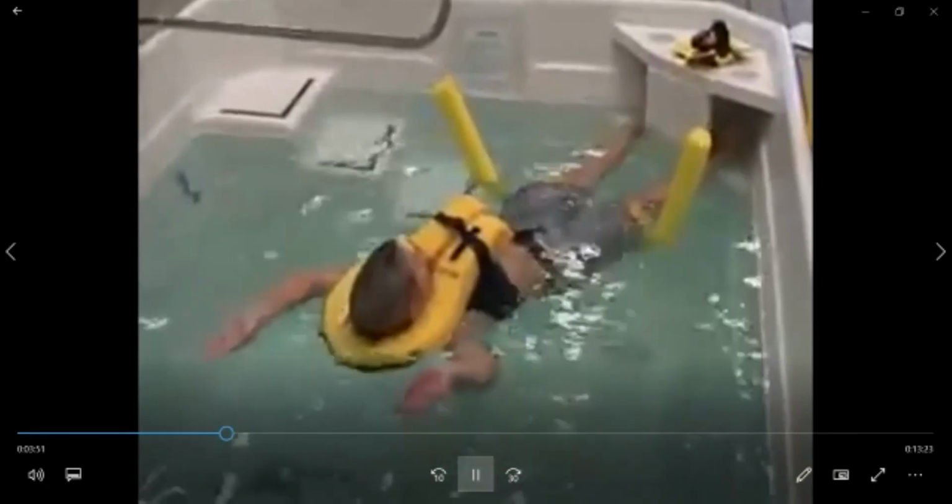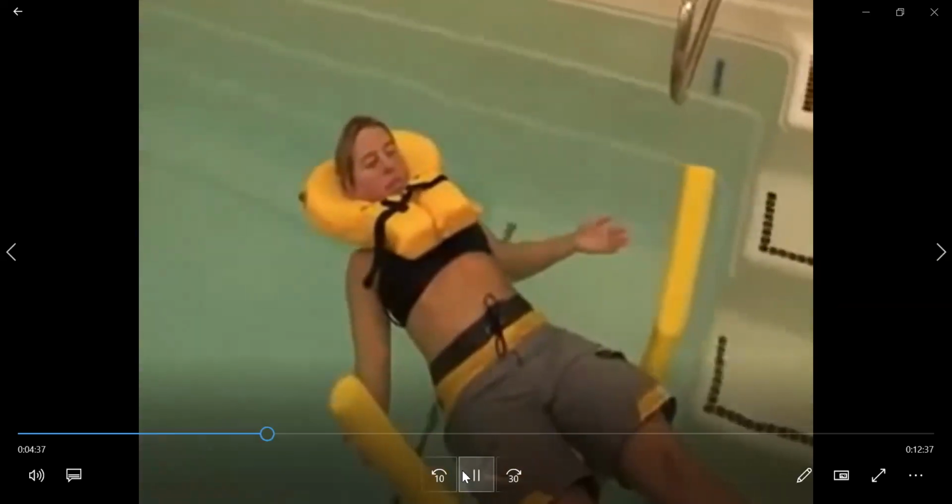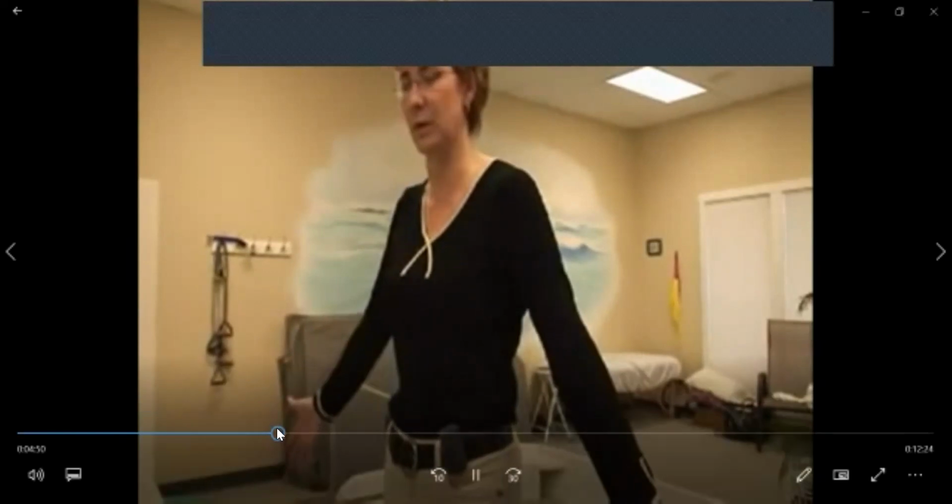And again, just focus on it, it gets the scapular muscles engaged again, and then work your